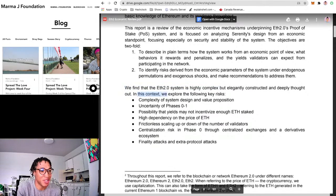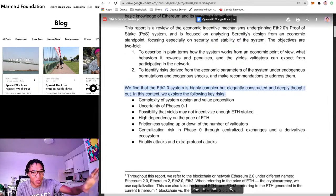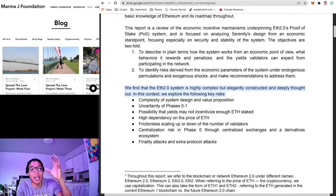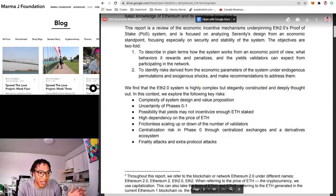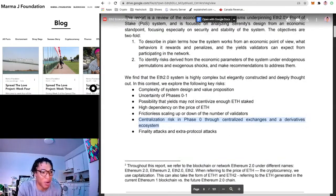In this context, we explore the following key risks. Oh, I love that. Complexity. I love bullet points too. I hate papers that are just big blocks of text. No, I don't want your big blocks of text. Papers, especially computer science papers, in my opinion, should be more like programming. So, give me your first line, indent, give me your block of code that pertains to this line. If you have an indent between this, indent again to show me that you're indenting to something that will be in this. It really helps you read through it a lot more efficiently, because sometimes I don't need to go through a second part. But anyways,